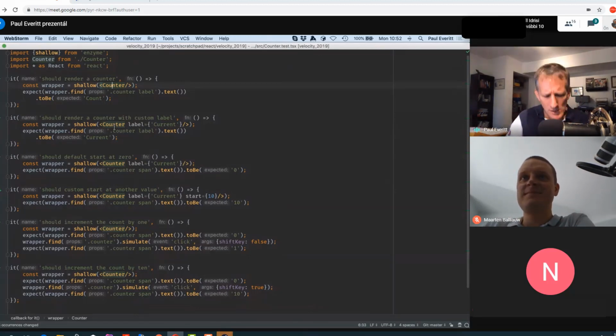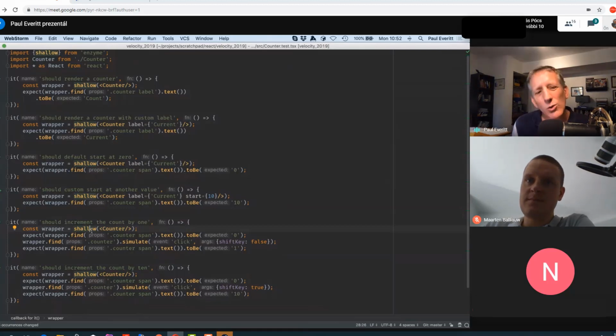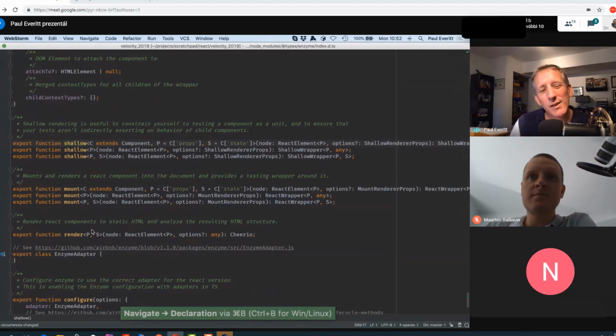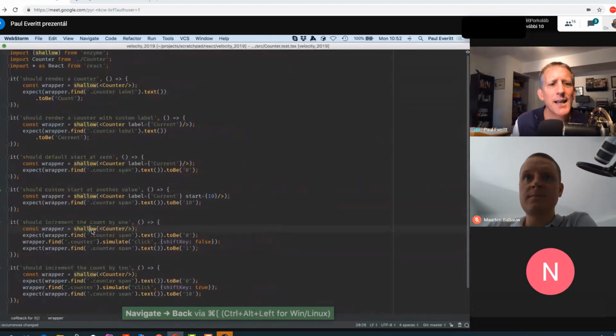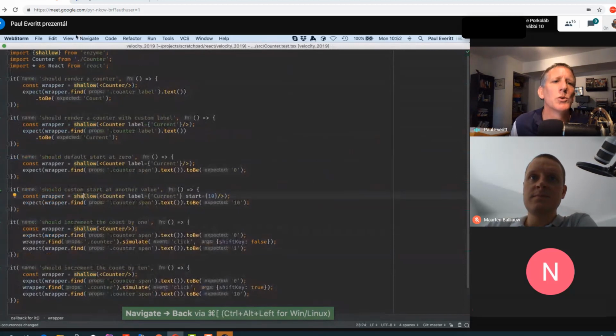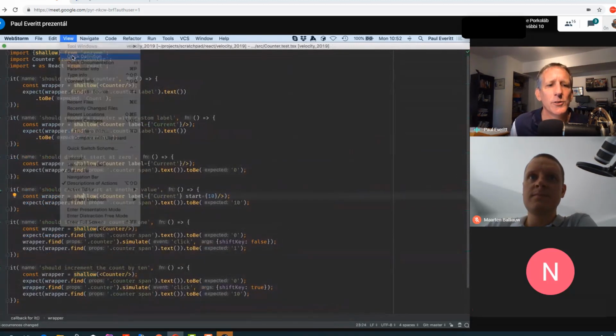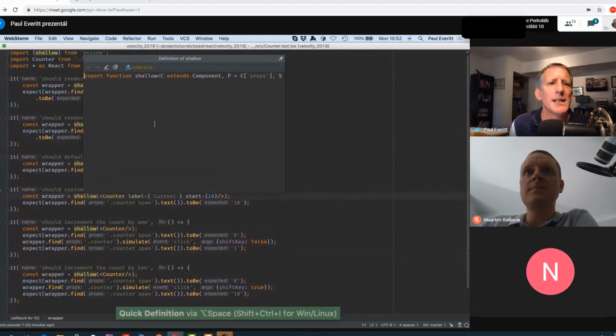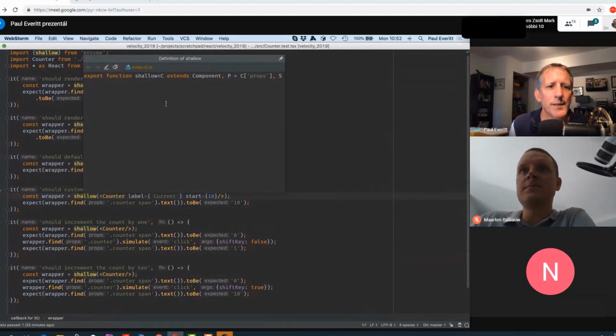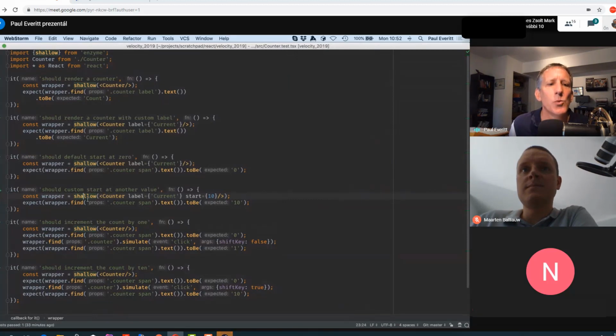Now, I'm working along, and I've got this thing called shallow, and I'm not really sure what it is, what it does. And I can stop what I'm doing and go do a Google search, or I can navigate to the code, kind of stop what I'm doing and read that. But instead, I can use a tool, view quick definition, and I can get some information inline about the place that defines it. Which is a non-disruptive way to consume something.